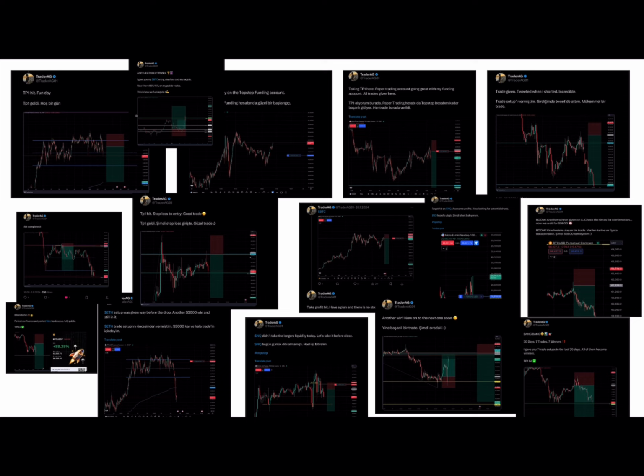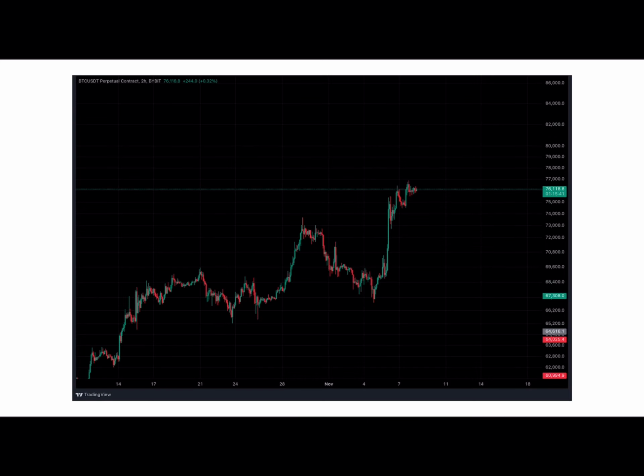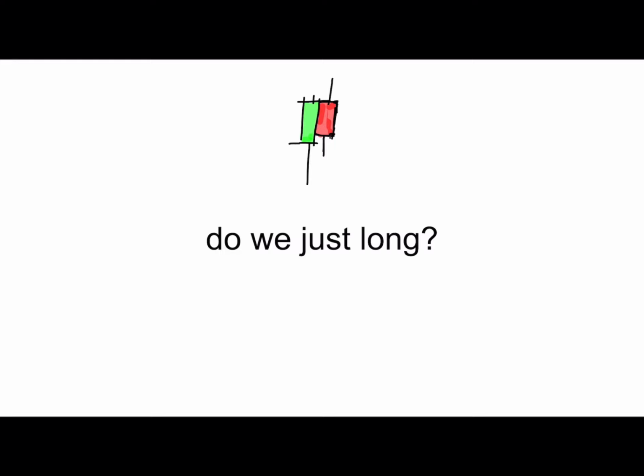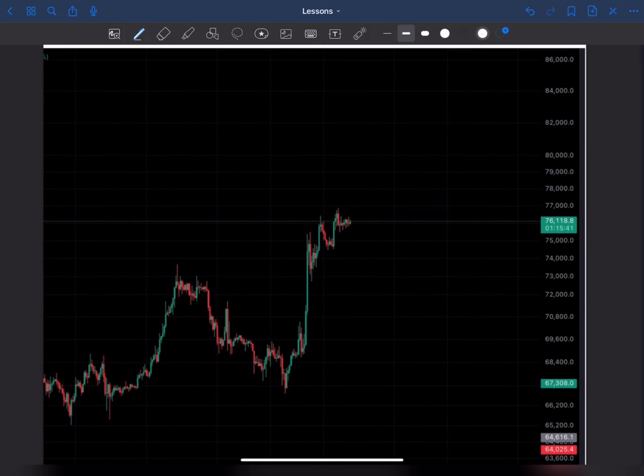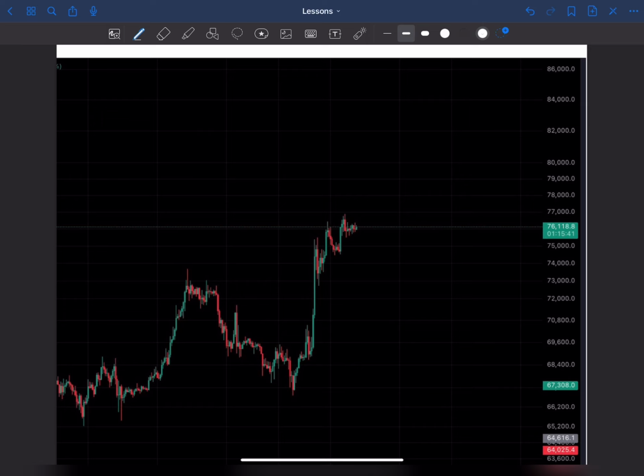So now, you might ask me, okay, this is the current price action. What do we do? Do we just long? Well, no. That's the first answer to your question. Second of all, this is a picture taken a couple hours ago. In this picture, you will see the price is going sideways and on an ascending channel as we currently speak. If you've not traded all-time highs before, you might think that price will keep making all-time highs every breathing hour. Well, that's not the case.